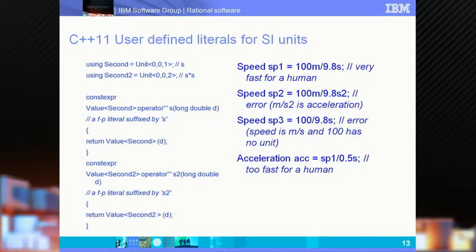So I'll just show you a quick flash of what C++11 user-defined literals look like. Okay? It's actually a fairly simple concept, and I'm going to talk about it at some length. But essentially, you can look at this and start seeing, compared to the previous code, that at the bottom right, ignoring the stuff on the left, which I've set up to create a bunch of literal operators, I can now create an acceleration